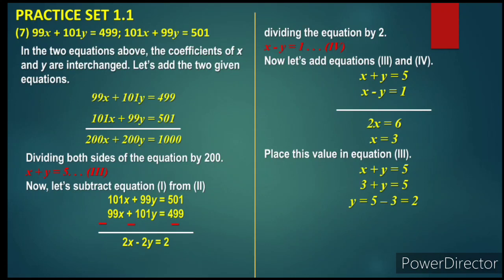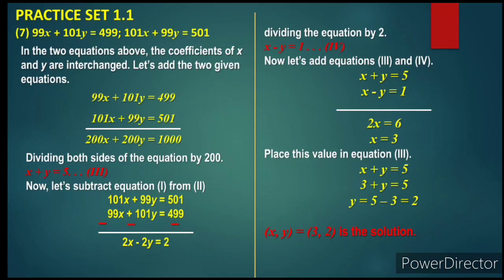So we have received both the values of the variables given in the equation. x is equal to 3, y is equal to 2. We'll write the final answer. x comma y is 3 comma 2 is the solution of the given simultaneous equation. You can go through the solution once and then we can start learning the next question.